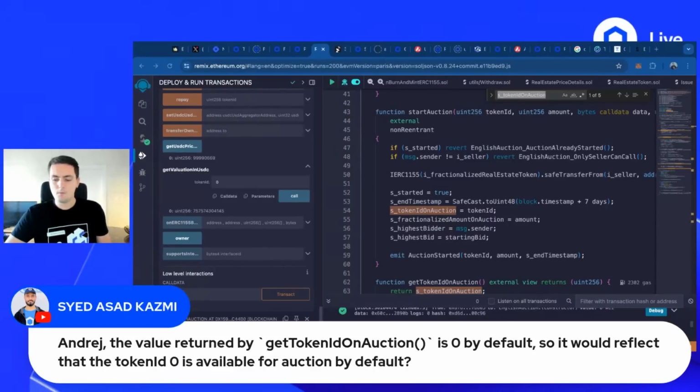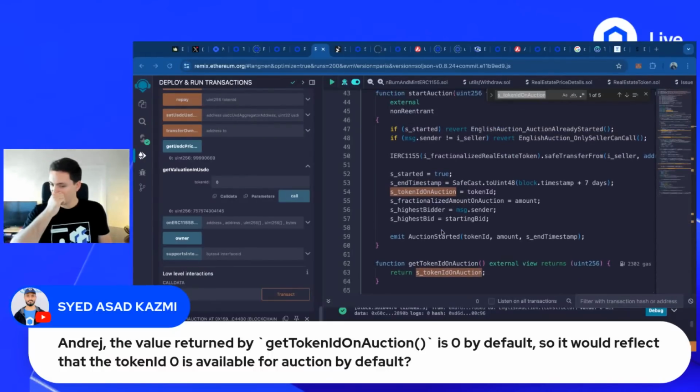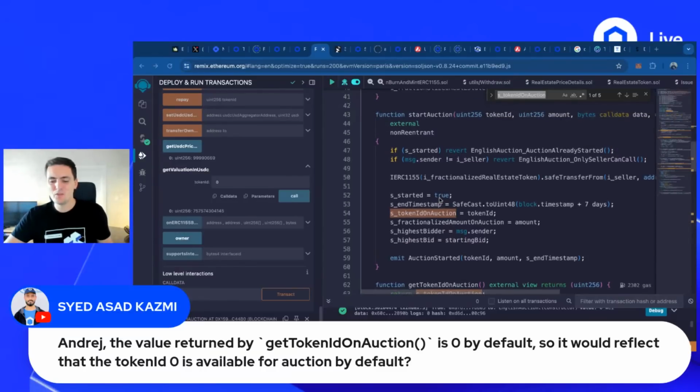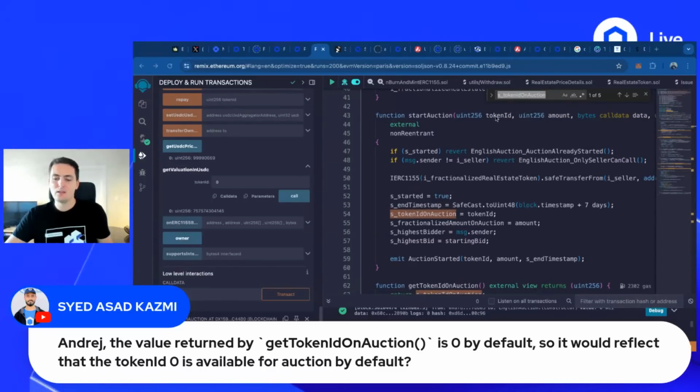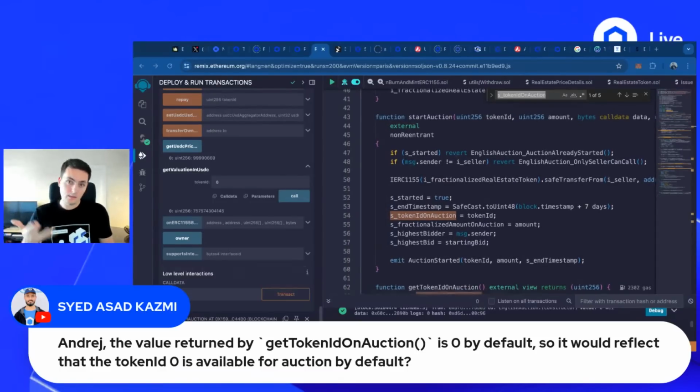No, it will return this storage variable, and I just searched for it to see that I hadn't forgotten to put that, but I haven't. When you start the auction, you say you want to sell this token ID on auction, and it will return that value because that will be locked inside the contract. In our case it will be 0 because we all have token ID zeros, but in the general case it doesn't need to be. I hope that